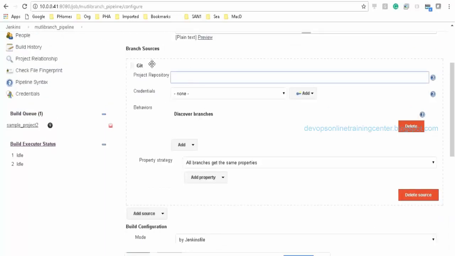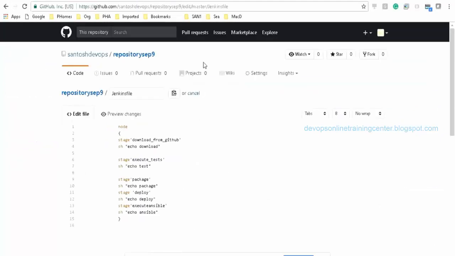We need to add Git, not GitHub. Okay, so I'll just copy the same URL.